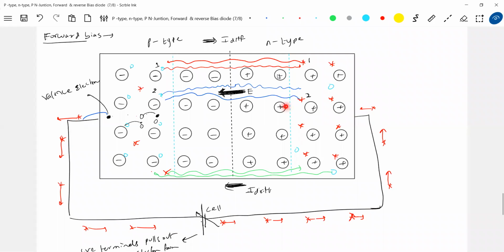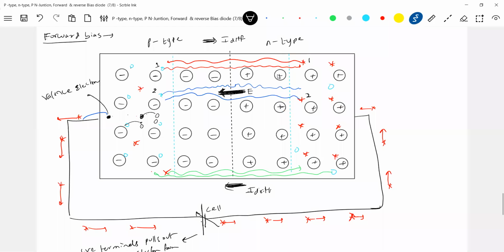Because I have to give the flow of charge first, I'll put it once again. The electron will move from the negative terminal and be injected here. Because of enough energy, they will cross over the depletion layer. Here it will be captured by a hole, so it will become a valence electron. This hole will capture it. So now the valence electron has come here.